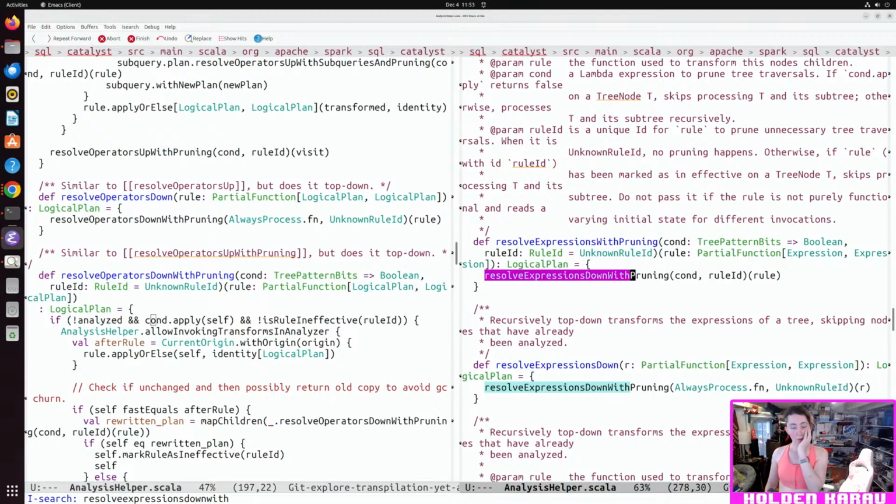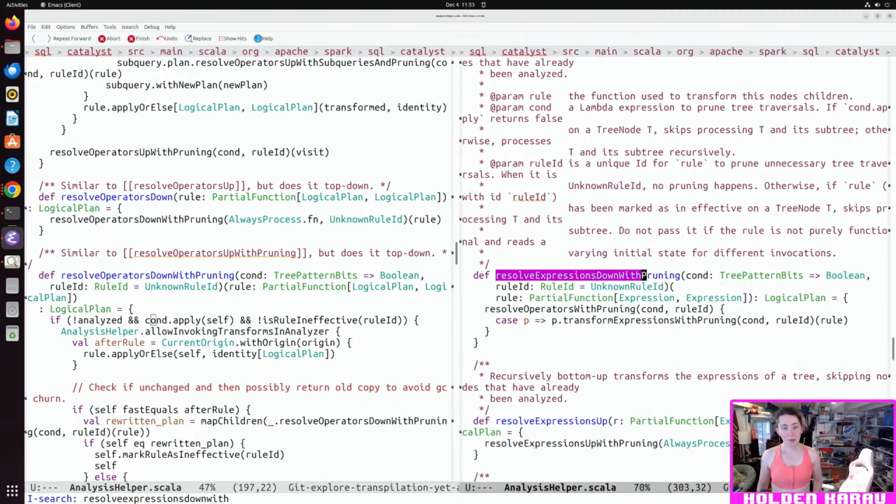Which takes this rule from expression to expression. And you say resolve operators with pruning.